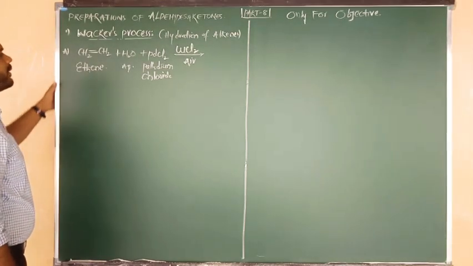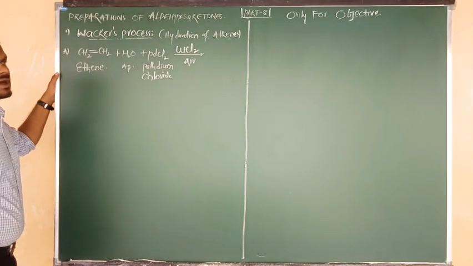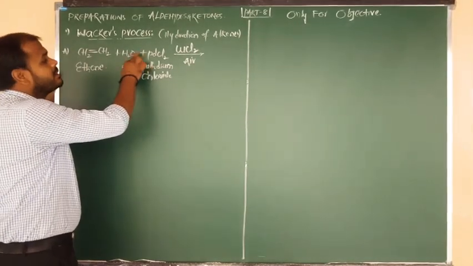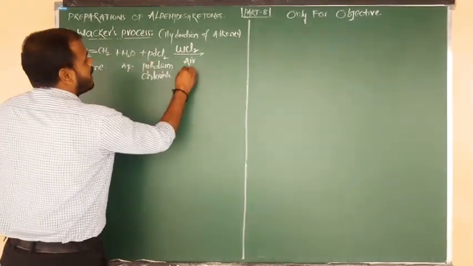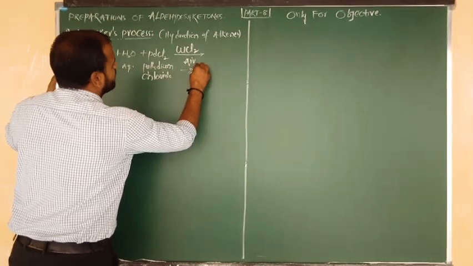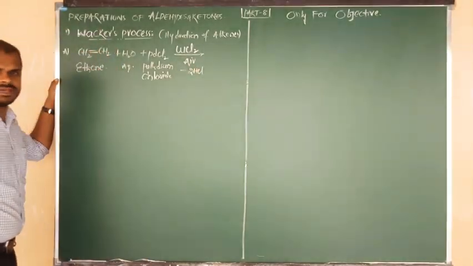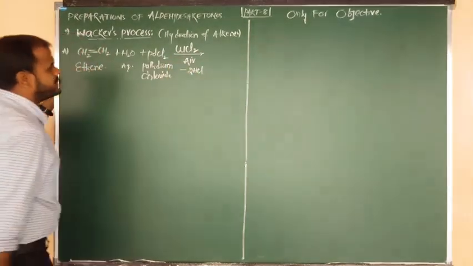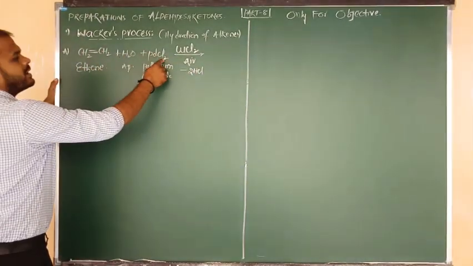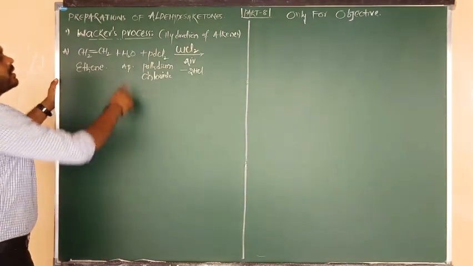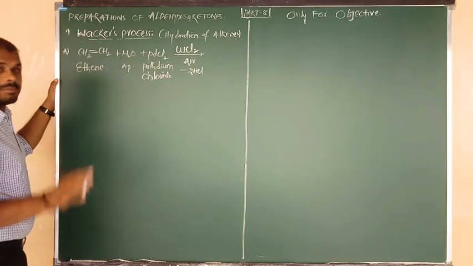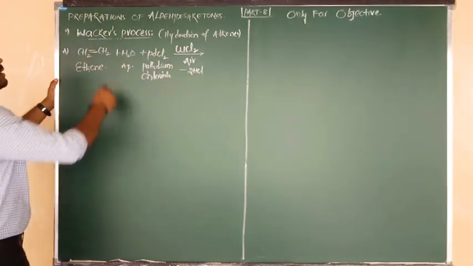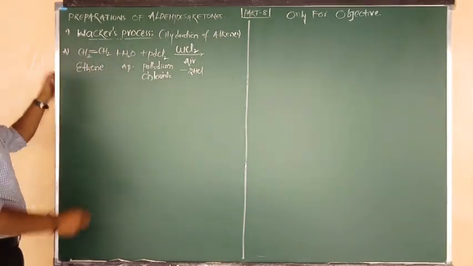Now what will happen? Listen carefully. Two hydrogens are there in the water molecule. They combine with chlorine and are eliminated in the form of 2 moles of HCl. The remaining one oxygen is there. But before that, in presence of this Wacker catalyst, one of the hydrogens shifts to the CH2.